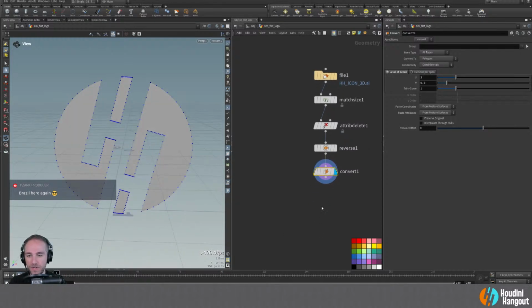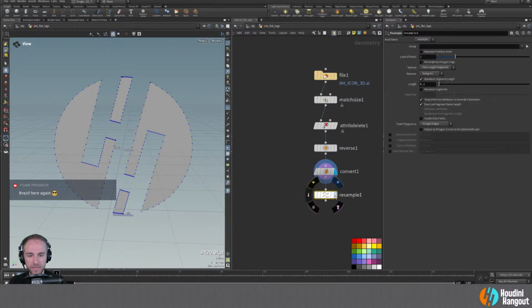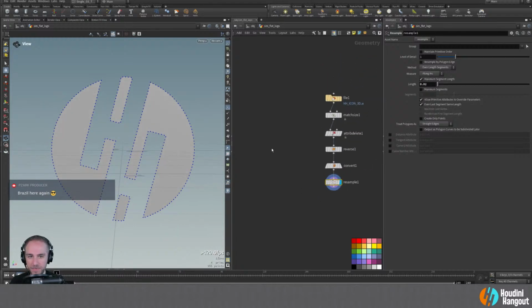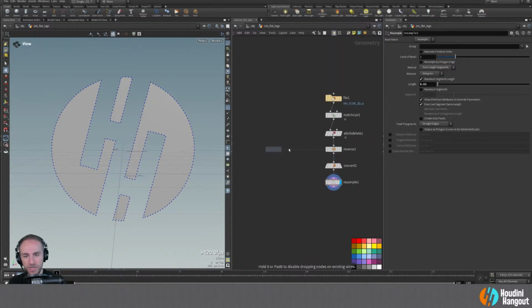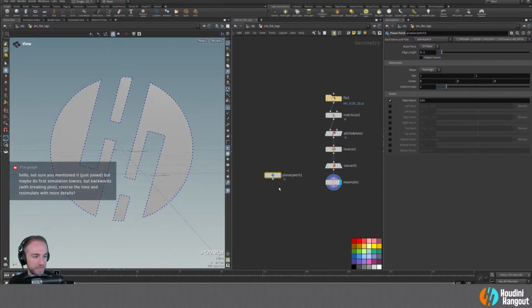Yeah, so we've got this logo. We could maybe do a resample, if I can type. And we'll use that just to get ourselves some more points to work with here. So what I'm going to do, and I think this is probably the best way of doing it, is I'm going to do a planar patch, and I'm going to basically transfer over these points to be pinned. Because a planar patch,